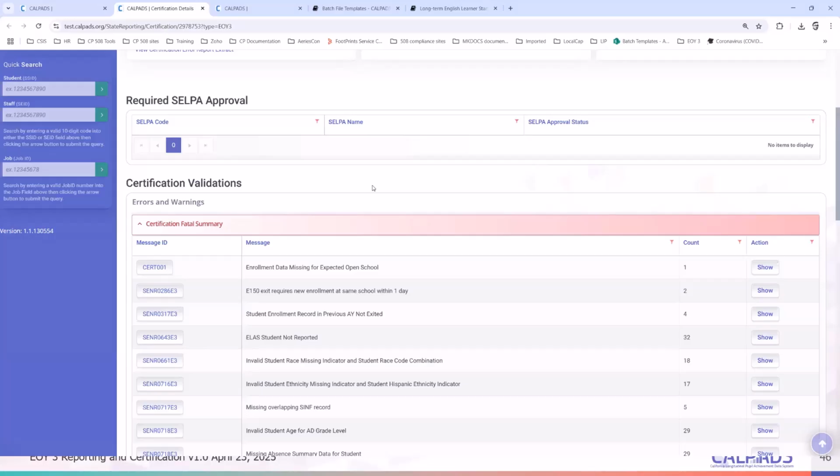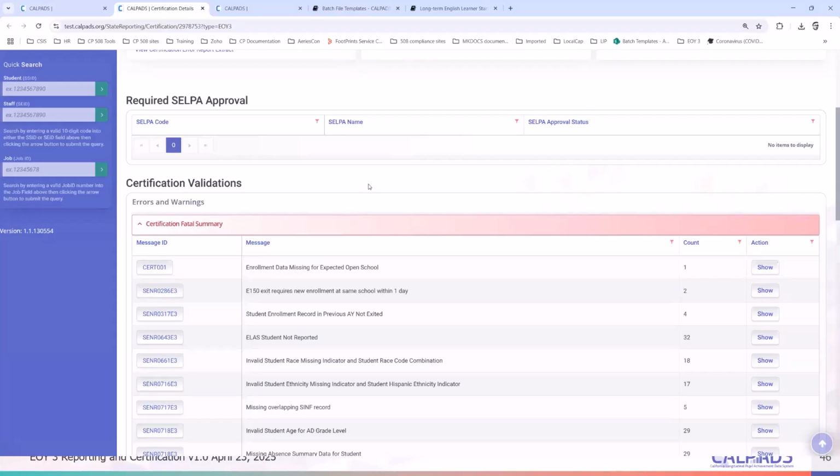We highly recommend that you do that as soon as the snapshots are activated on May 6th. Provide CDE some time to update it, because normally CDE would have to go into their database, update it, and then it takes a new snapshot before it clears.